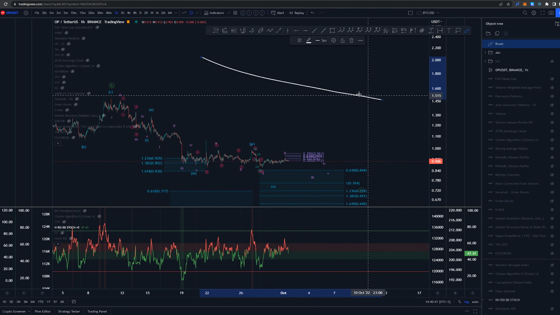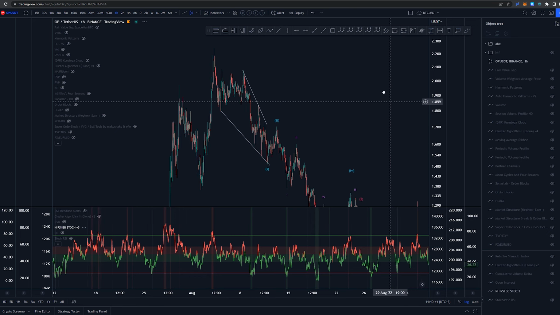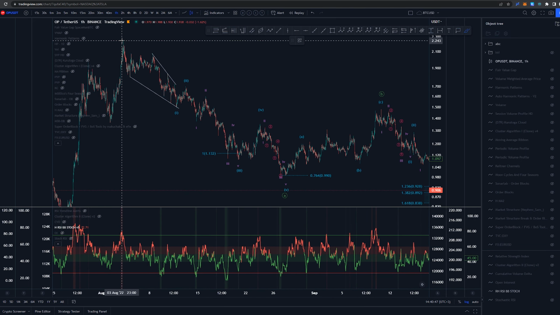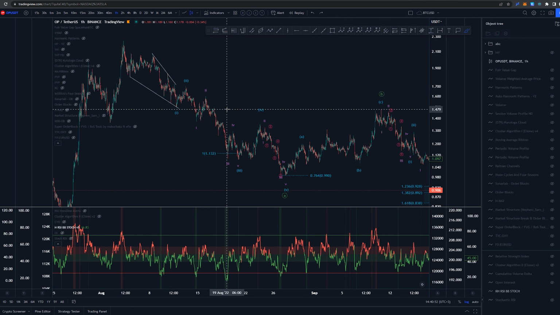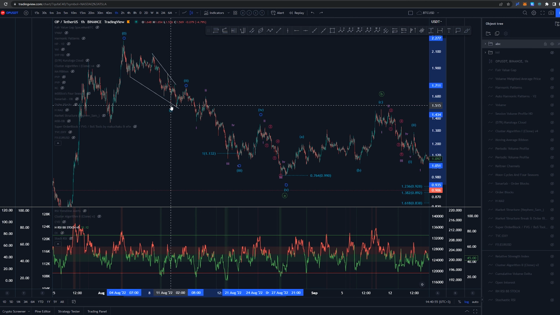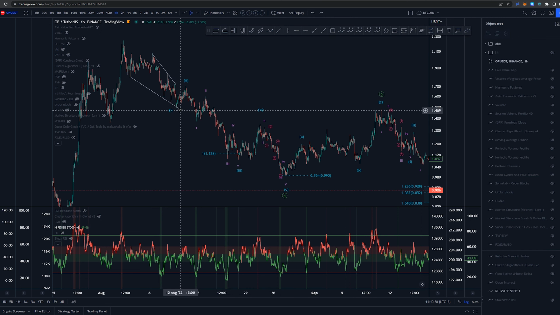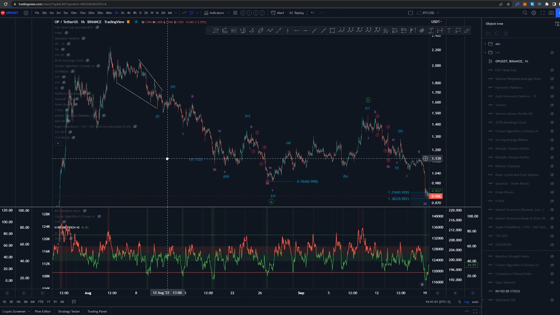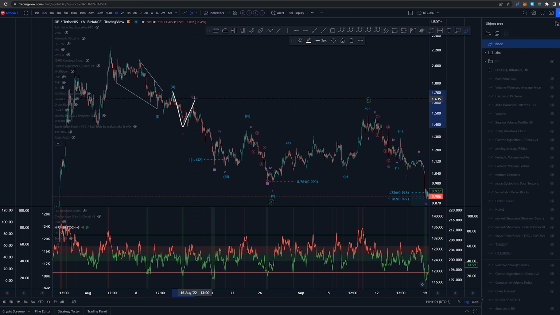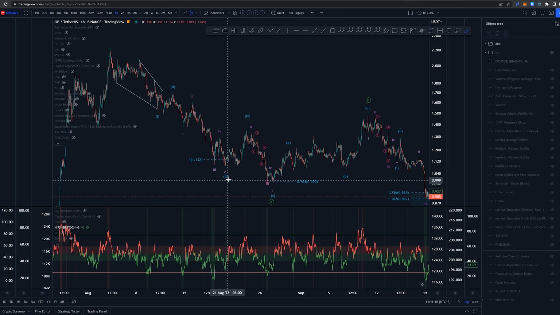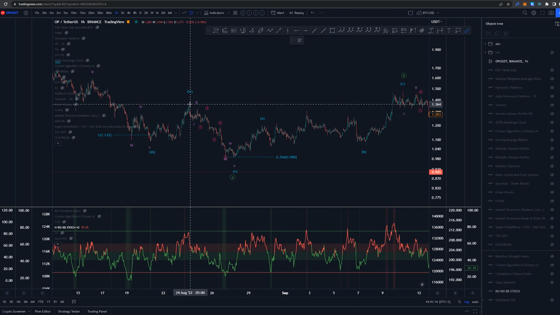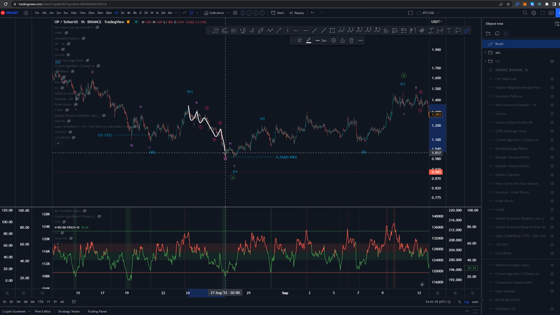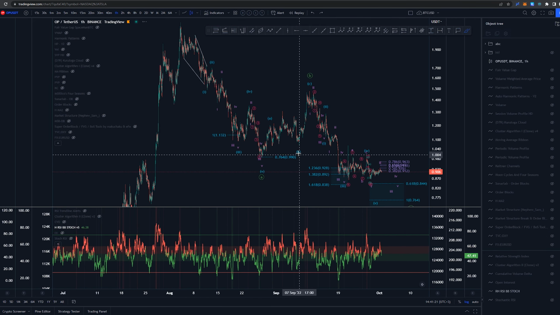If we are zooming in a bit and going through this whole wave count, I would be thinking that we have a possibility for a leading diagonal here as a 1, 2, 3, 4, and 5. Not the perfect look, for sure. It is possible that wave 1 already ended in here, and we would have this three-way structure like so into wave 2, and I feel like it might fit a bit better there. And then again another 1, 2, and then again 1, 2, 3, 4, and 5 into third, fourth, fifth into third, fourth, and then looking for another five-way structure downwards, in which we have again 1, 2, 1, 2, 3, 4, 5, 3, 4, and 5. This would get us right to the